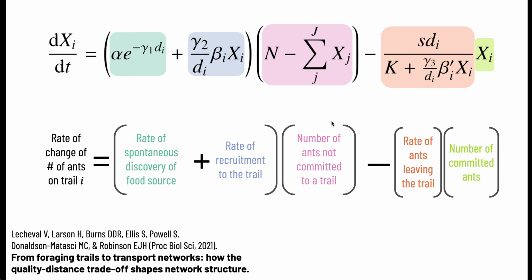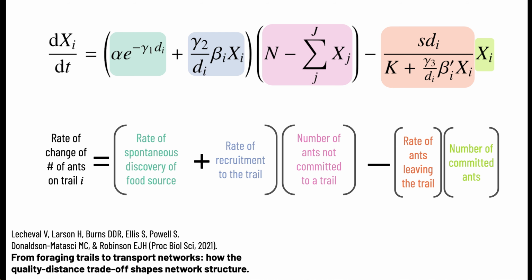That sum of rates is then multiplied by the number of available ants who aren't committed to foraging at a particular resource. The last 2 terms describe the rate of ants leaving the trail. The ants might leave because the pheromone is evaporating or because they've wandered off and lost track of the trail they were following. We're interested in the way that parameters representing how ants use pheromones can influence the types of